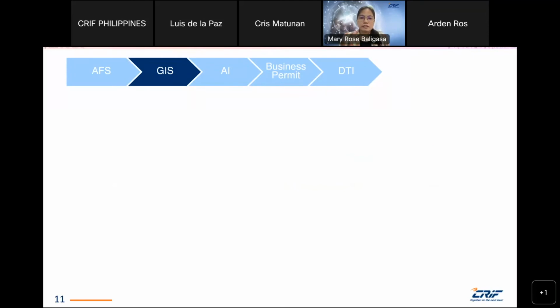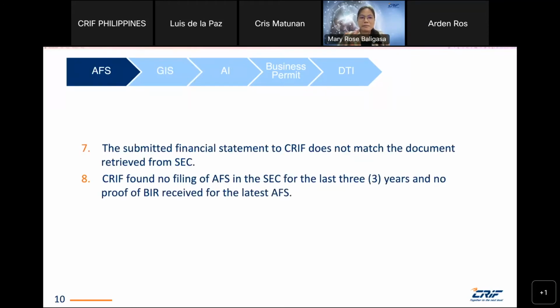Therefore, if we found na magkaiba yung figures ng documents na sinubmit sa amin versus sa documents na nakita namin sa local registries, then that's a red flag. Then last but not the least is CRIF found no filing of AFS in the SEC for the last 3 years